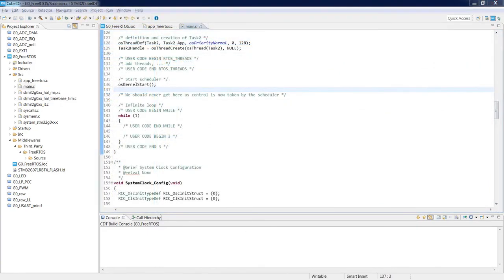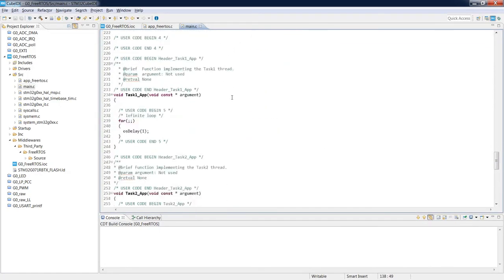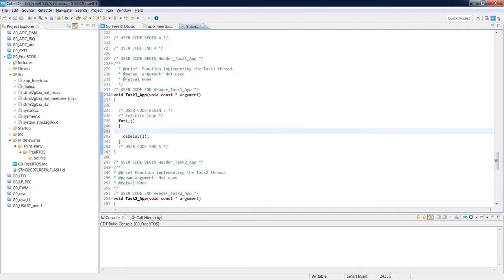Okay, so let's come back to our coding and change the default task application functions. Within task 1, I would like to turn on the green LED and then go to the blocked state for 1 second. So I would go to this for loop and set the green LED to the high state.